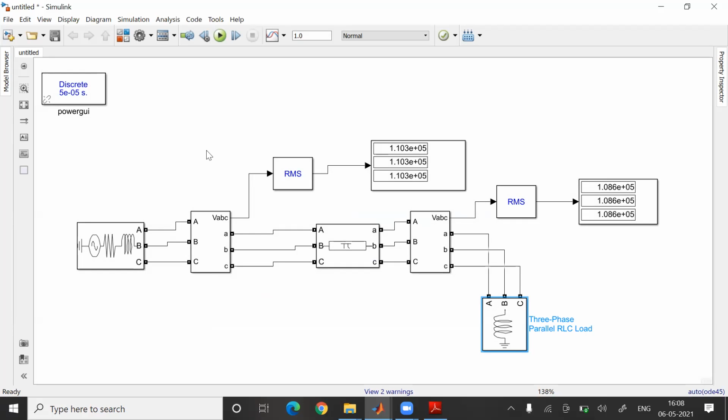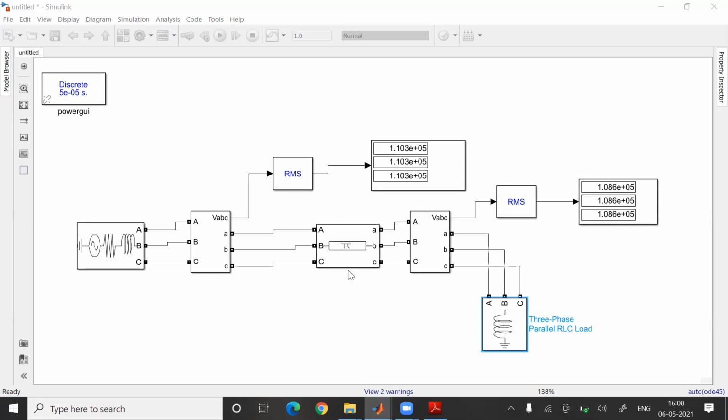This is all about this experiment. You could take a screenshot of this and paste it in your lab manuals whenever you are going to write. So this is what you have to study. You have seen this effect when it was open circuited: your receiving end voltage was very high in comparison to your sending end voltage.